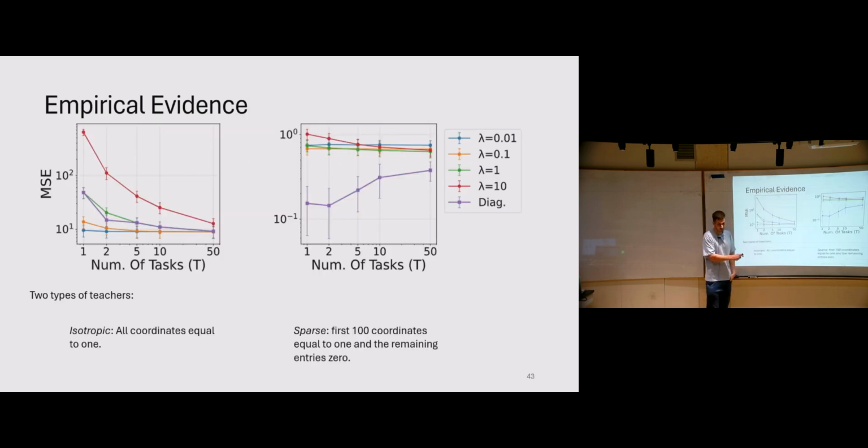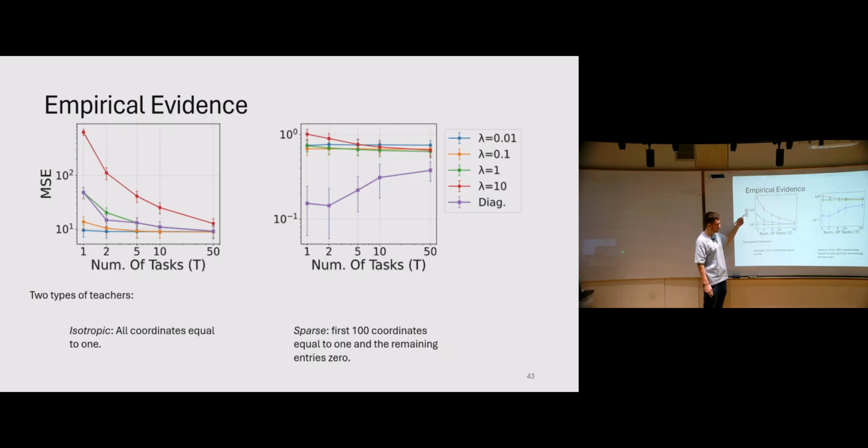So once again, we verify empirically. Here we consider the linear case, but we construct the teacher regime. We consider two types of teachers. The first one is isotropic, where all the coordinates are equal to 1. The second one is sparse, where the first 100 coordinates are equal to 1 and the rest are 0. We find that diagonal regularization matrices significantly outperform all the isotropic regularization matrices. And in the second case of the